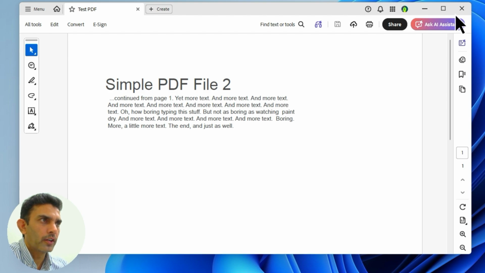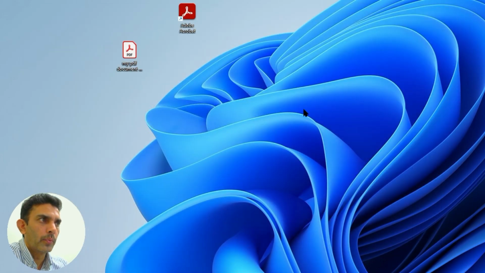Now close Adobe Acrobat. Open it again with any PDF. The "Share your PDFs using WhatsApp" pop-up should no longer